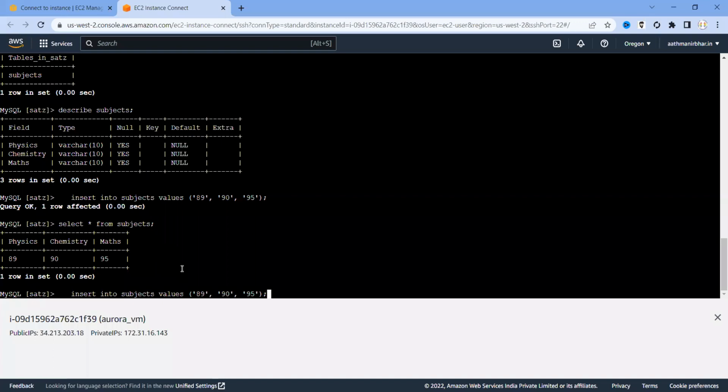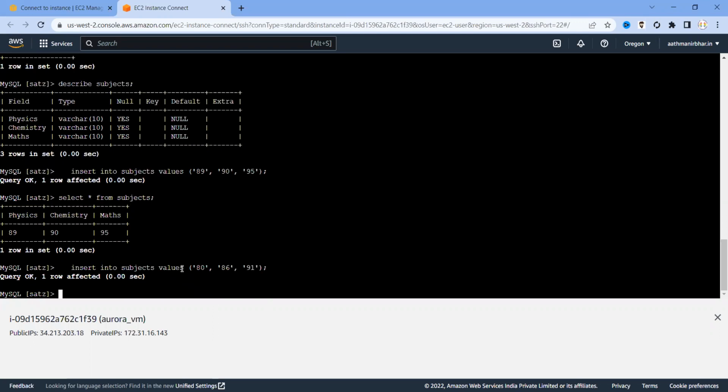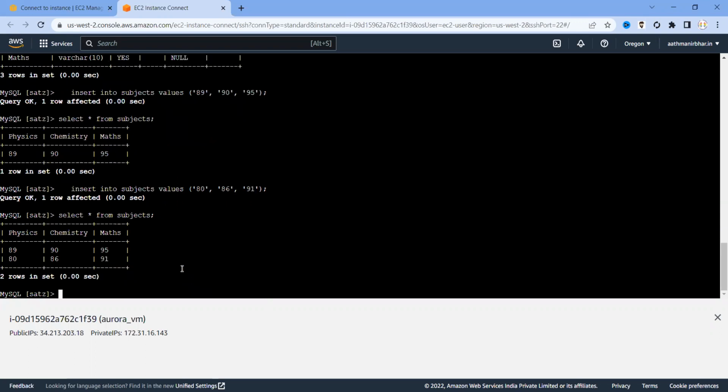Let me update one more. I will change the values. Maybe another student got 80. So one more row has been updated. Once again, do select star from subjects. Now you'll be able to see. Okay, so this is how now the